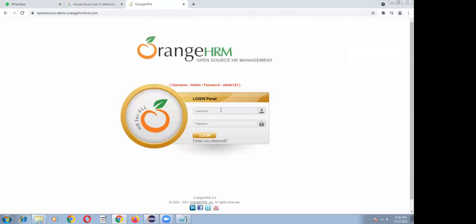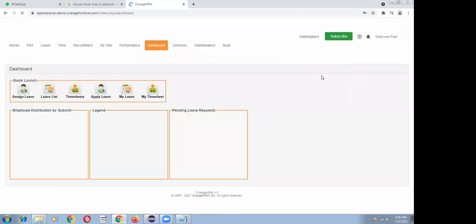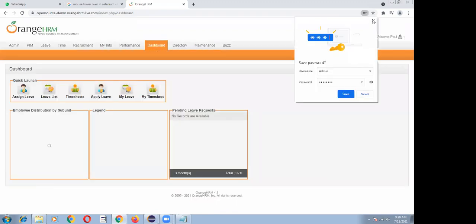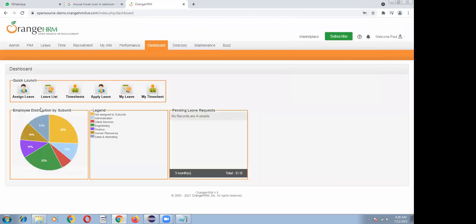I navigated to the HR management application, and now I'm navigating to the home page. One second, the application looks like it has downtime. Yeah, it's able to log in. So I navigated to the HR management application.